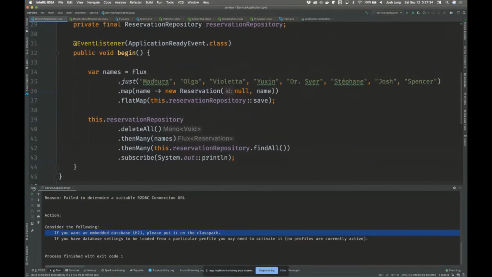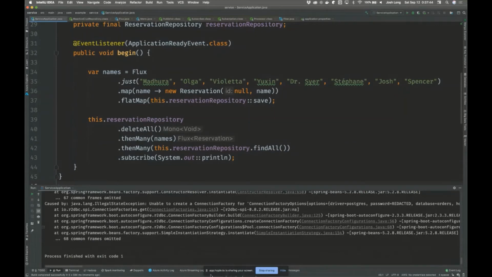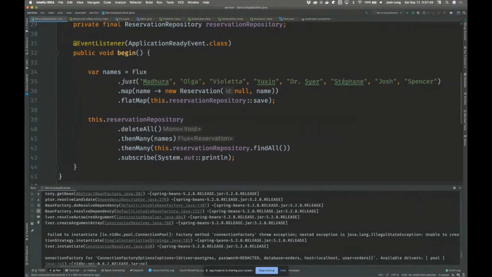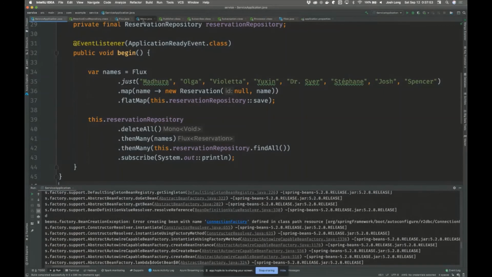Okay, so now if I run this again, okay, take two, what do we got? Unable to create a... it's my configuration, my properties here.